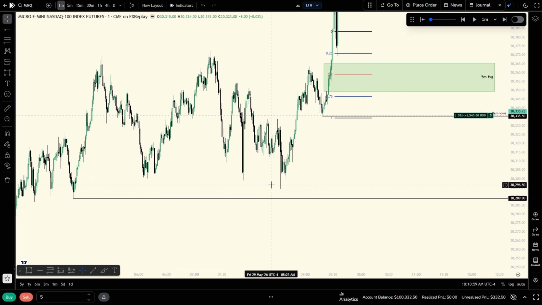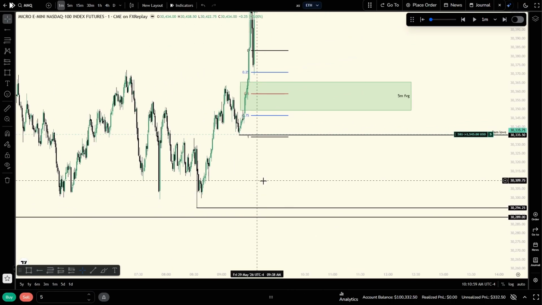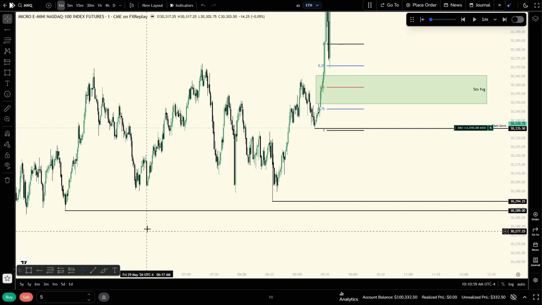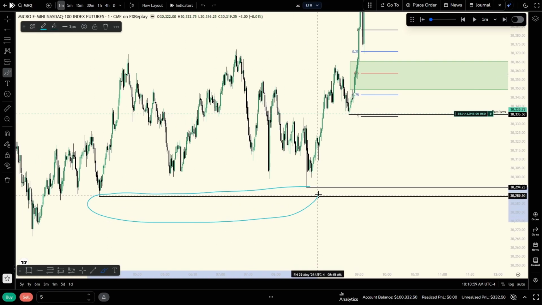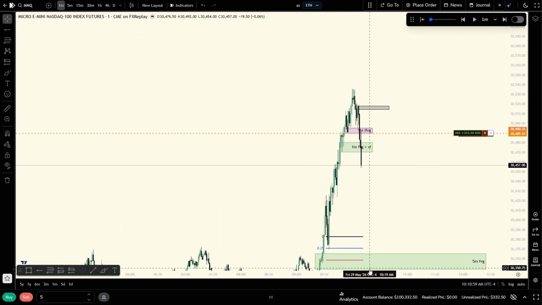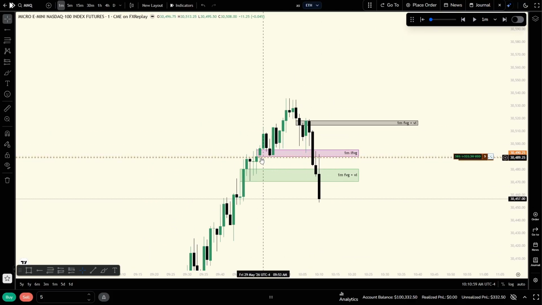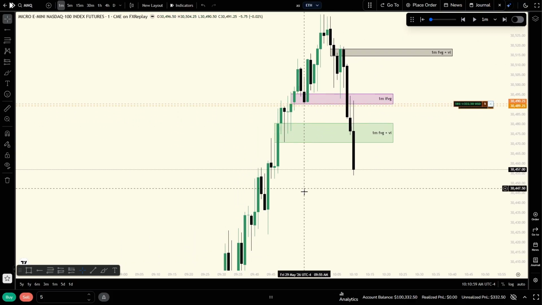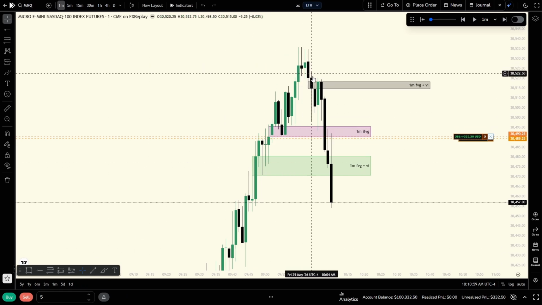From London to over here, New York. You can just mark out both of those. You have these two liquidity pools, this whole area that has not been tapped into. Just left it hanging there. Didn't care about it. So we see price inverse, the only real bullish FVGs we had, this one, and we see these strong closures